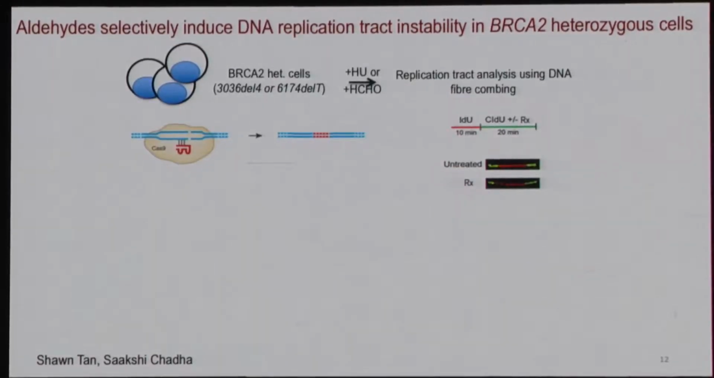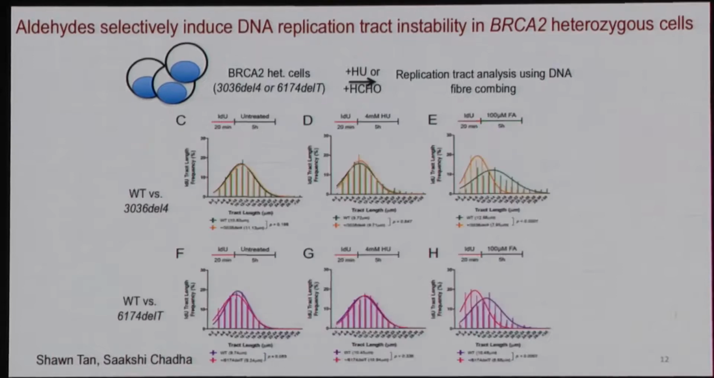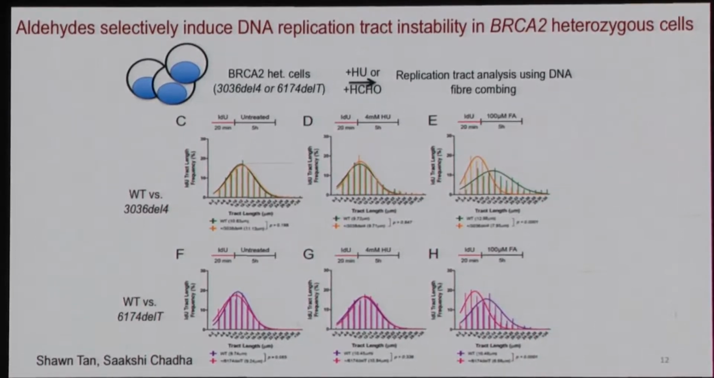Well, we were first able to show, and this is the work of Sean Tan and Sakshi Chadha, that BRCA2 heterozygous cells exposed to aldehydes but not to other replication blocking agents suffer from severe replication tract instability. And this is depicted for you here in these analyses using DNA fiber combing of the average length of replication tracts. For lack of time, I can't take you through all the details of the experiment, but suffice it for me to say